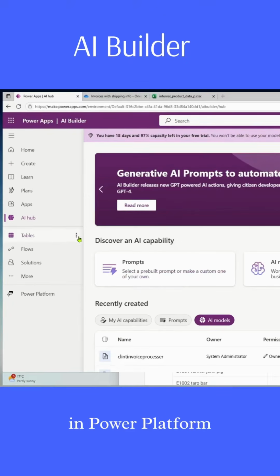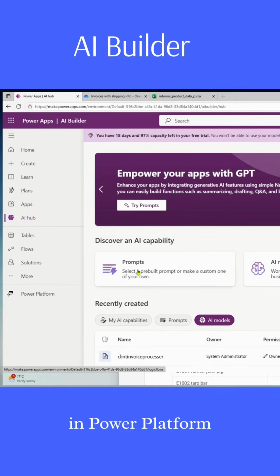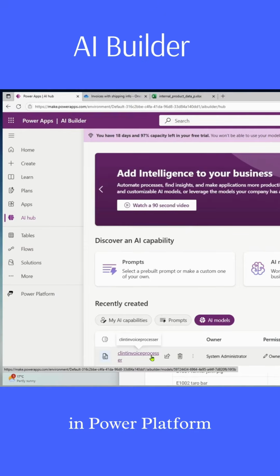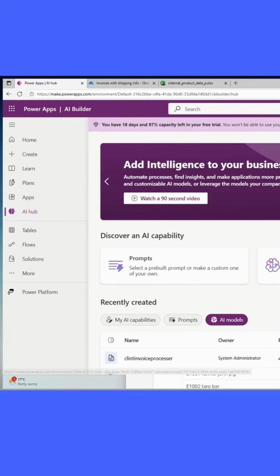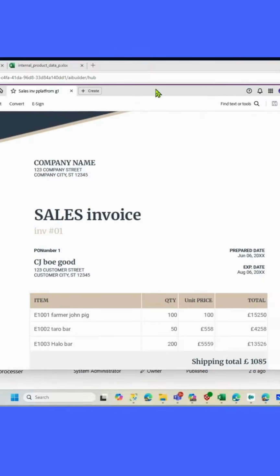In Power Apps, you have this amazing thing called the AI Hub, and you can see that I've created myself a custom model right here. I called it Clint Invoice Processing. So what I wanted to do is, if we look at the actual invoice itself, now I've got a sales